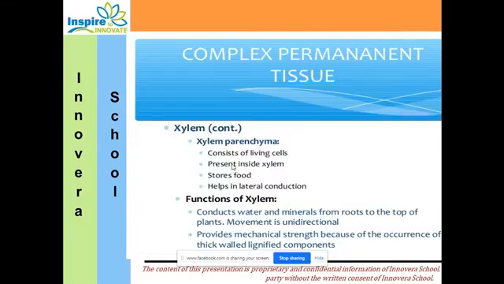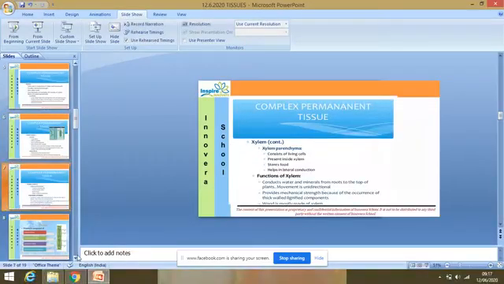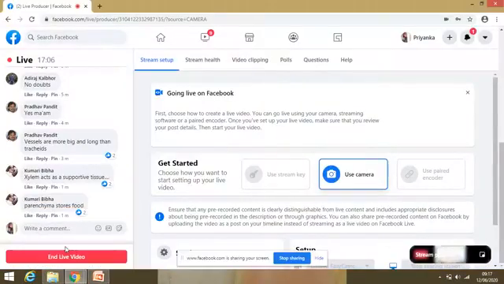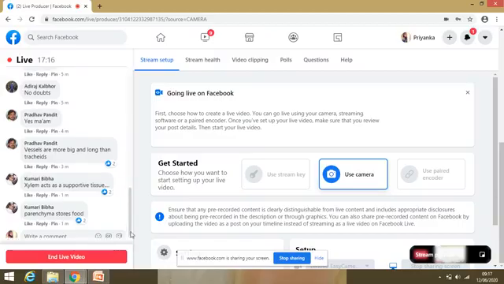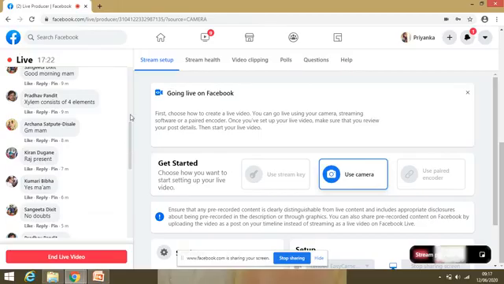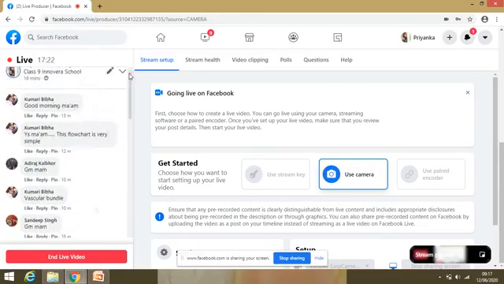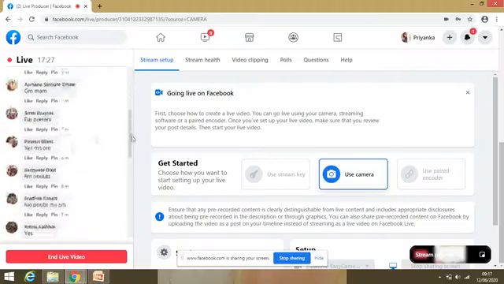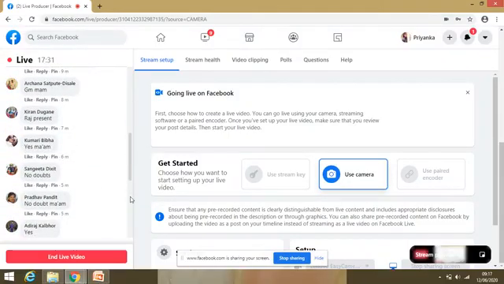Okay children, is everybody clear with the xylem part? Vessels are bigger and longer than tracheids. Now I want to know, do you have any doubt in the xylem part? As per my observation today, I feel that you all are getting the concepts clear. So if you have anything, you can post. After a few minutes, I can come back and check.